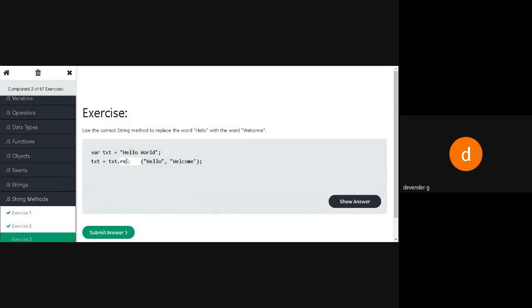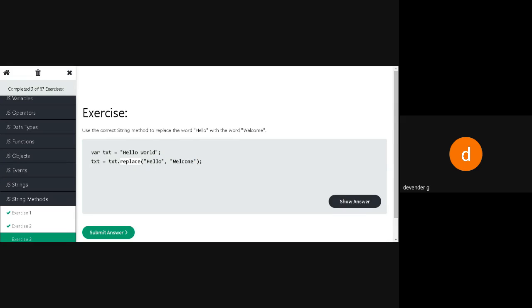Simply you can use replace only. There is a method called replace. What is this txt? It's a variable which is storing the value hello world. So here I am taking text dot, the method is replace. What do you want to replace? In this text, you find the hello, and wherever you find it, replace that with something.